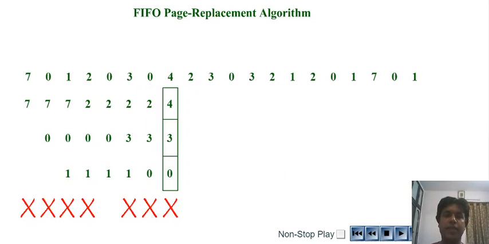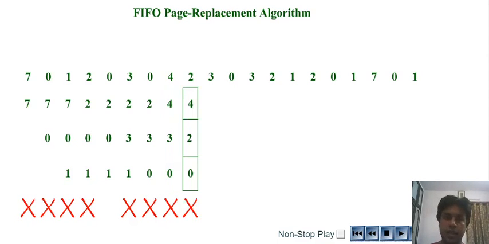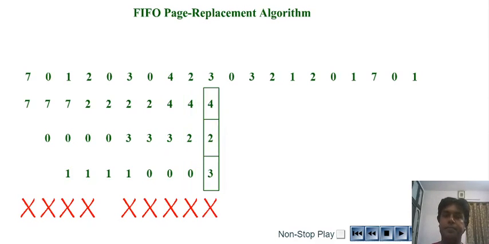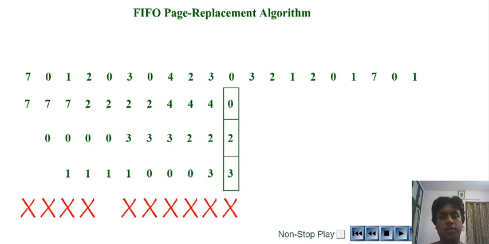Okay, so if you can see, we have replaced 2 with 4. Next page is 2, so now it is going to replace 3, as you can see, right? After that we are going to have page 3. Now page 3 is going to replace 0, because again that page is not in my memory. Okay, after this the next number is 0. 0 is going to replace page 4 which is in my memory. So from frame 1, 4 has been replaced with 0.